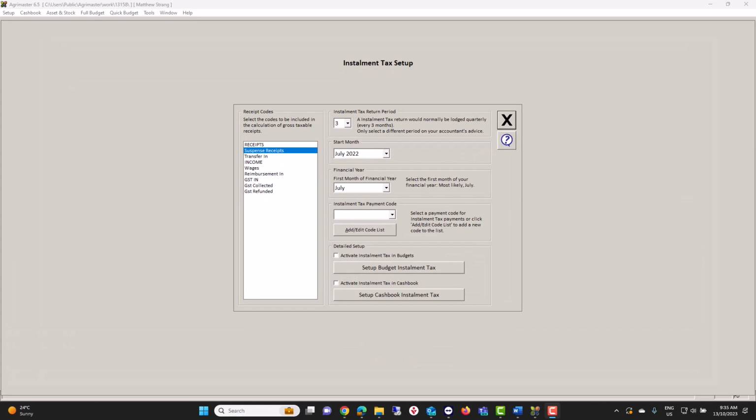Agrimaster's installment income tax calculator is an incredibly powerful tool in both the cashbook and the budgets. It allows you to calculate the predicted tax liability your business may incur in current and future financial periods. As a business, this is going to allow you to plan and save for tax to minimize risk of accruing